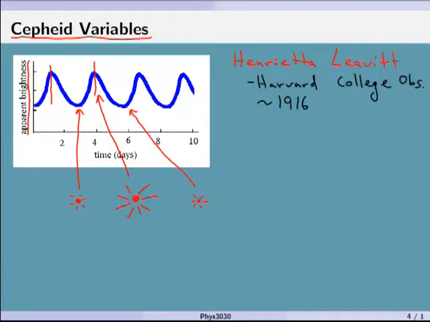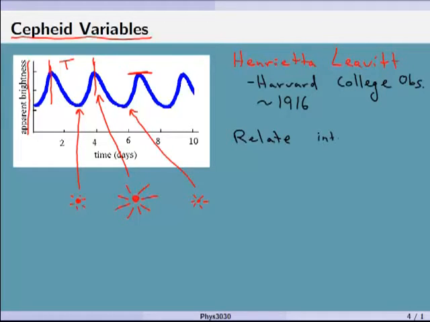And it turns out that the time between these two peaks is what we call the period, capital T. So the time between the two peaks actually relates to the total luminosity. So we relate,